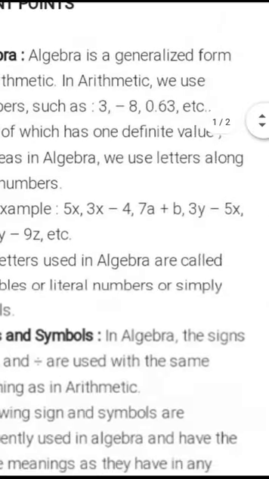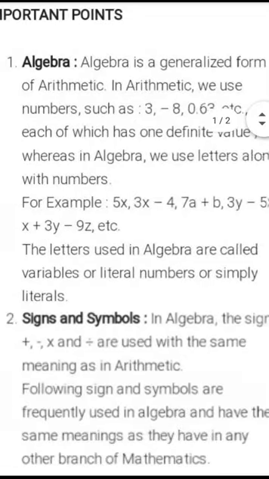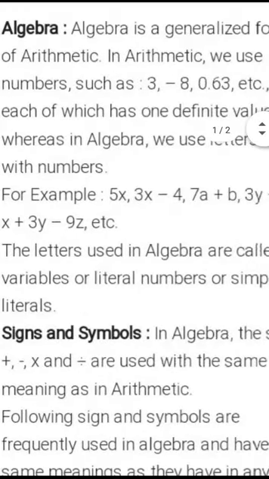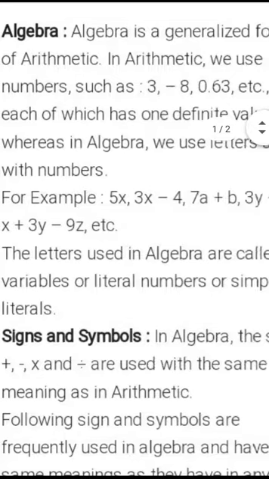It is called an expression. Got it now? 3x minus 4, this is a very good example. x is the variable, 3 is the coefficient, because 3 is multiplied with the x. Sometimes it is divided also, so that is also a coefficient. So 3 is the coefficient, and minus 4, the number which comes separately, is known as the constant.